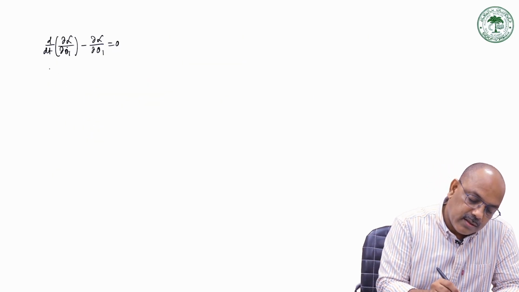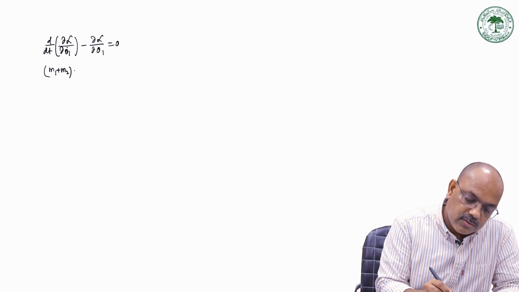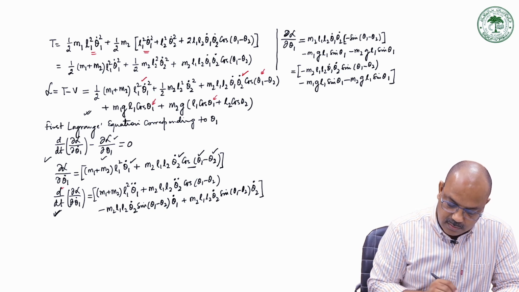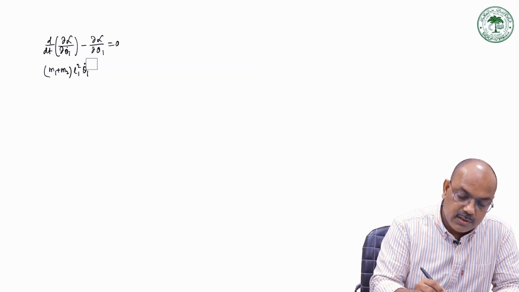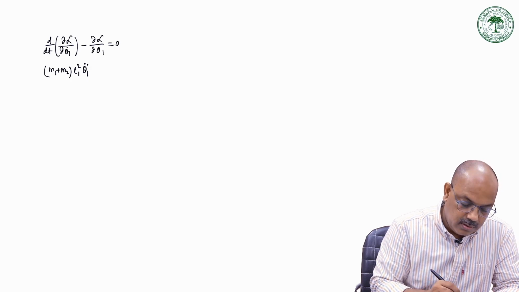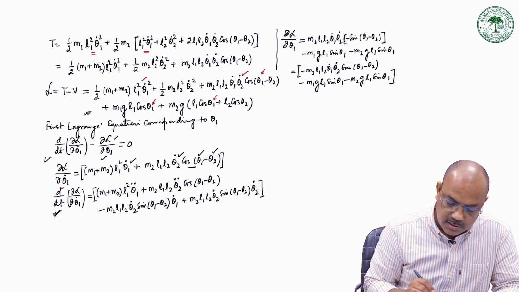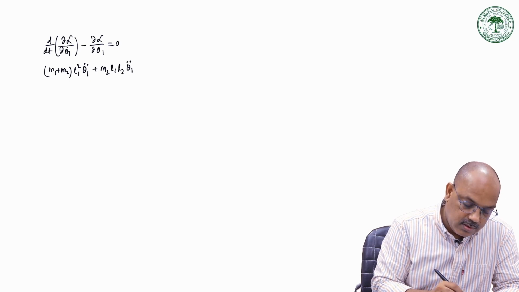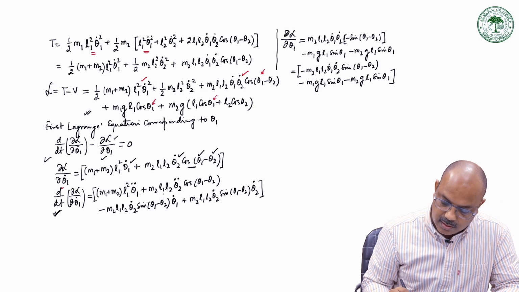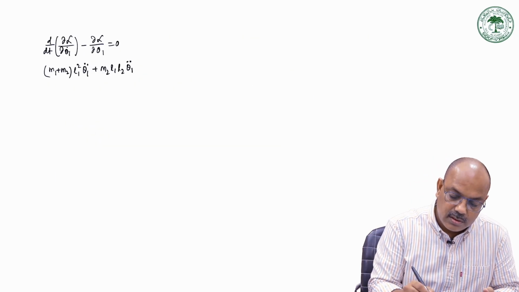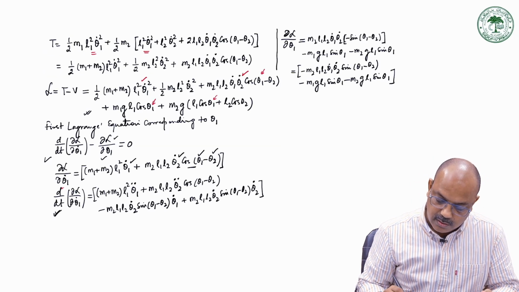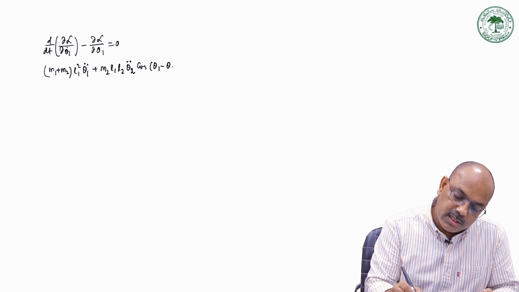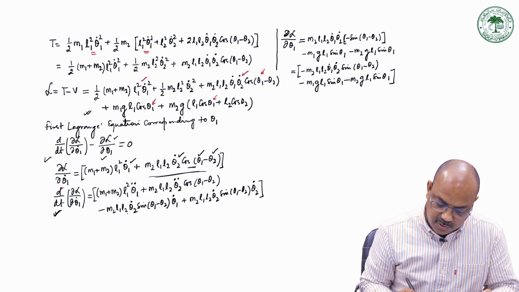Differentiating, this is going to be m1 plus m2 L1 square theta 1 double dot, and m2 L1 L2 theta 2 double dot, and I have to concentrate here, times cos of theta 1 minus theta 2, and then minus m2 L1 L2 theta 2 dot